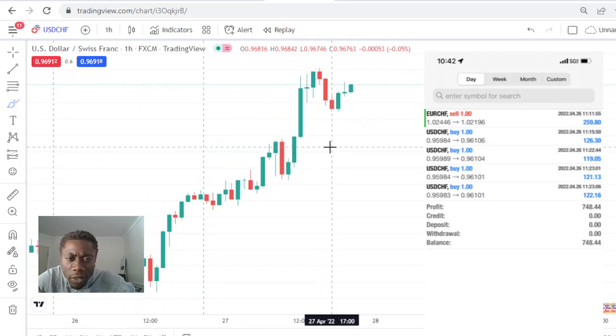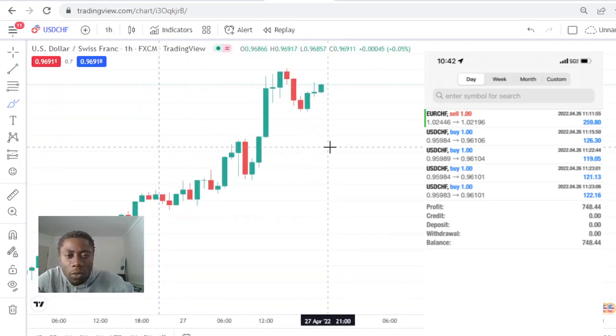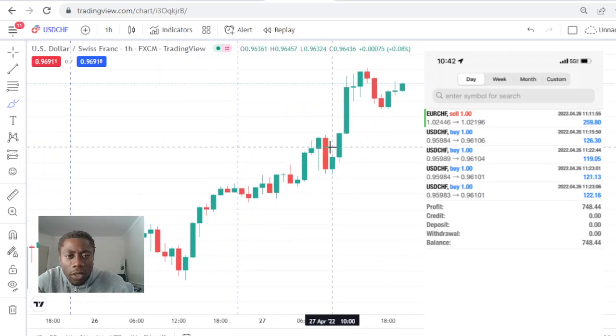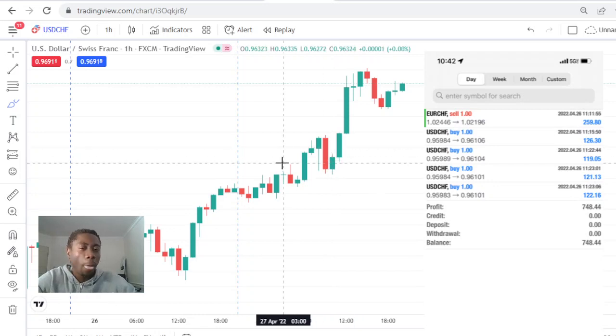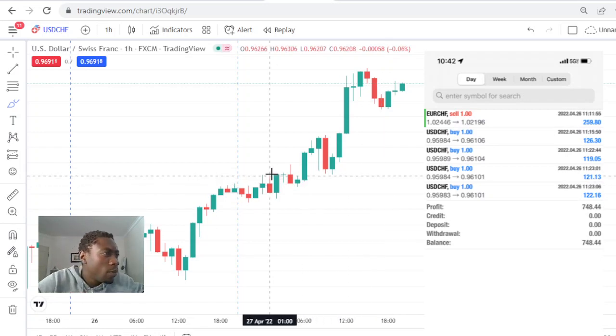This was the trade that I took, and it was more on the fly, meaning I didn't necessarily give it too much of a breakdown, and I wasn't looking at too much of the market structure. This one was kind of based on one of my strategies. So I did enter this one based on the 0.95984 level, which would be